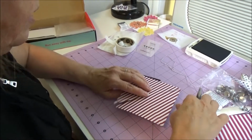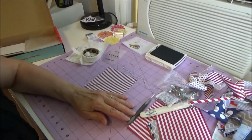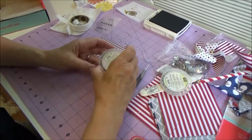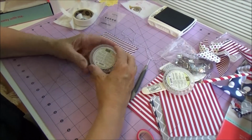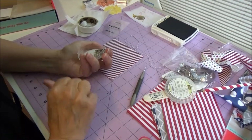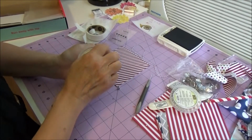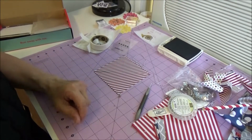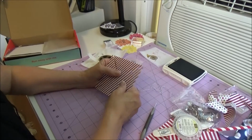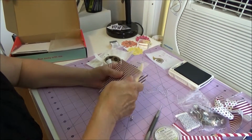Of course, you need a brad. You don't have these big gorgeous brads here, but you might have the little brads that Stampin' Up! sells, or you might have a brad from your candy dots. These are the brad bases for the candy dots, which are a nice size for the pinwheel. And actually, you could put a brad in the end of this to make it match your pinwheel. So same process, is just to get your bone folder and do a little